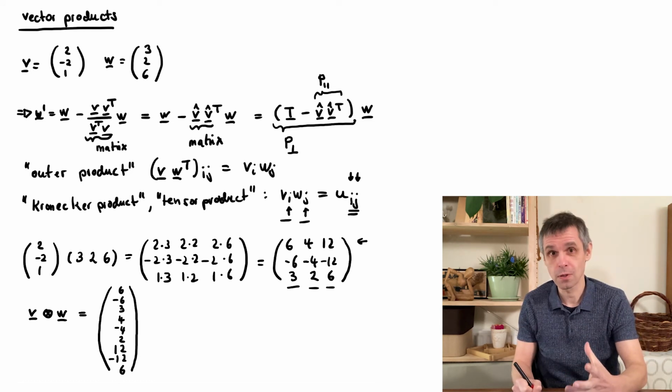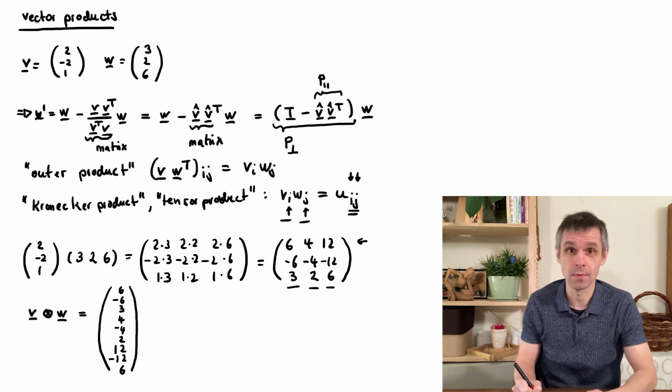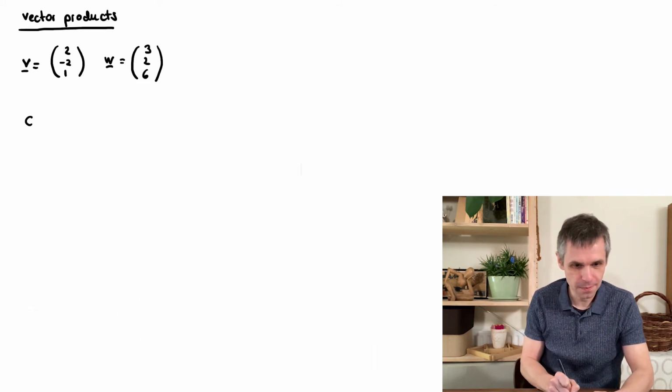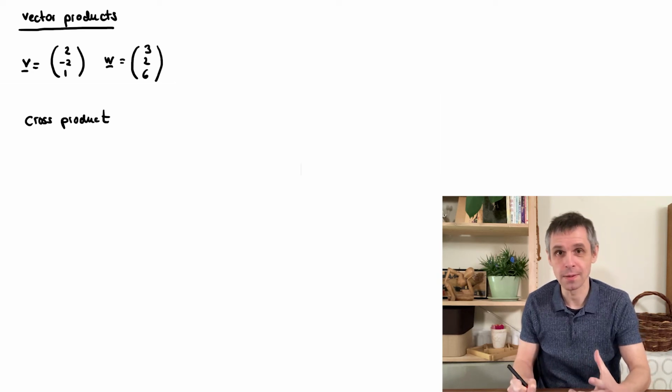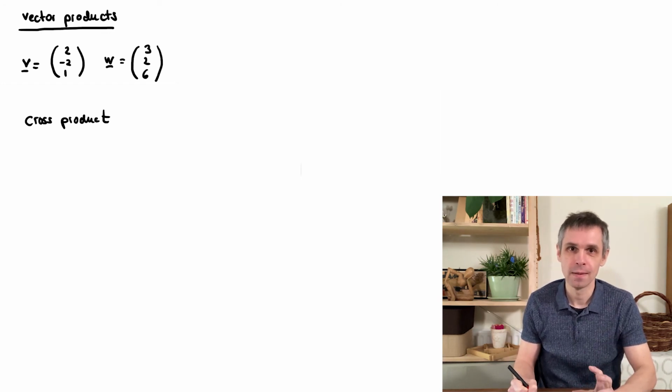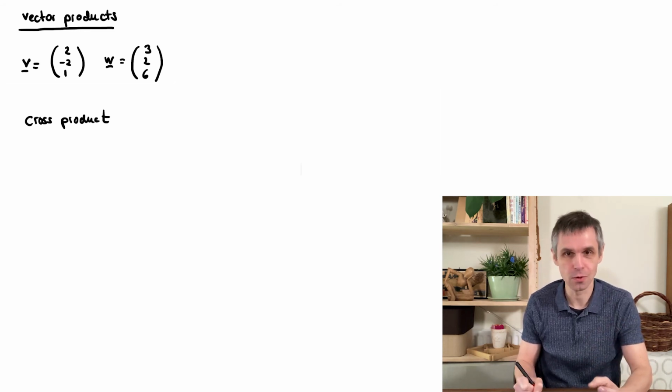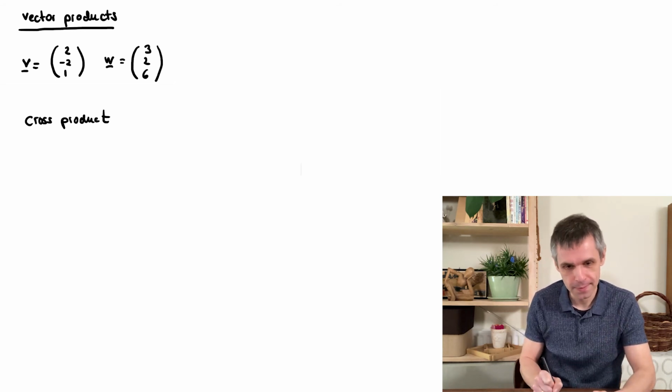All of these products which I mentioned so far appear in some form in quantum mechanics. And there's of course one more very familiar product, the cross product. And we will indeed also encounter this, but not because we want to do quantum mechanics per se. We will encounter it because we also want to do quantum mechanics in 3 dimensions, for instance, when we introduce the angular momentum. And for this,